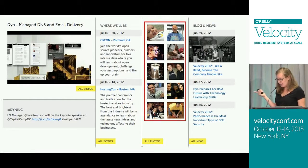So I ran a test in this company I worked at before, Dyn, and we had these 10 thumbnail slots, and we had 26 images that rotated in and out of these thumbnail slots. And I wondered, what if I just sprited them? I mean, that'd be huge, right? It would add a bunch more markup, CSS, JavaScript. The image file would technically be bigger, but because I would save all those image requests, would that be more